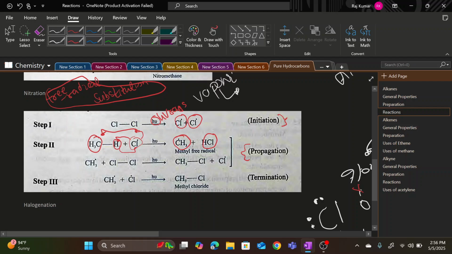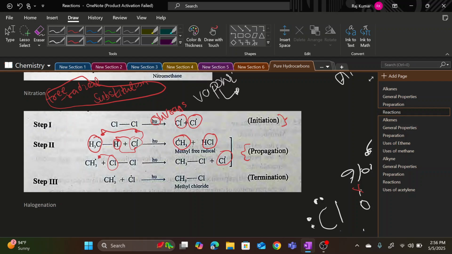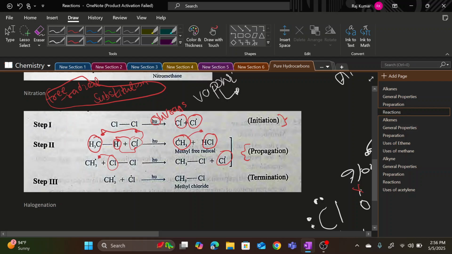After that, the reaction did not stop here. The methyl free radical now reacted with another chlorine molecule, and at that point, chlorine reacted with methyl to form methyl chloride, and again the chlorine free radical was produced. Essentially, the process involves the propagation of free radicals. There's one unstable species which basically causes another species to become unstable. In that way, more and more new halogenated compounds are going to be formed in propagation.